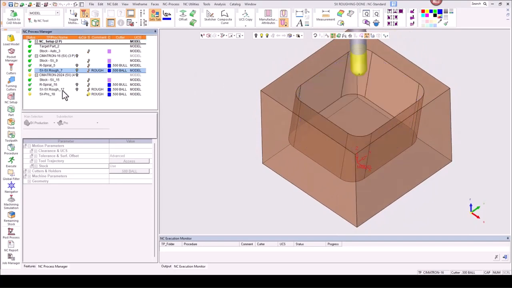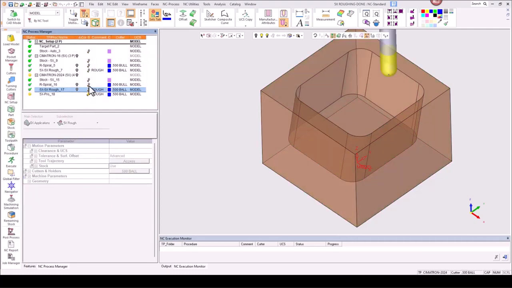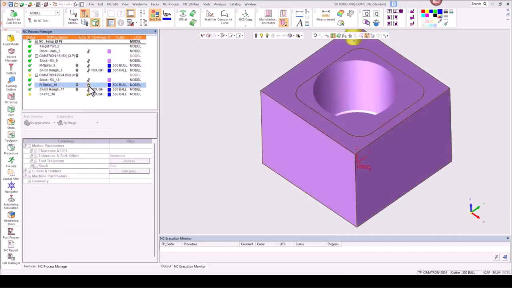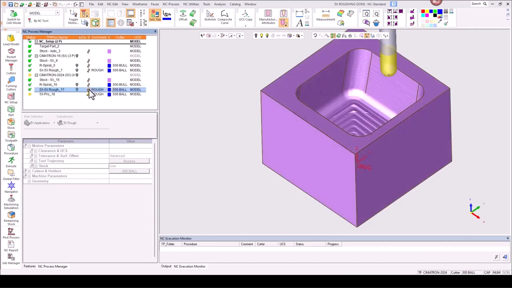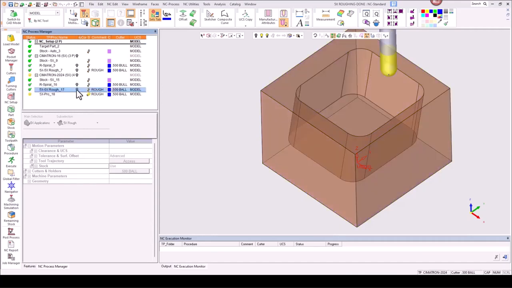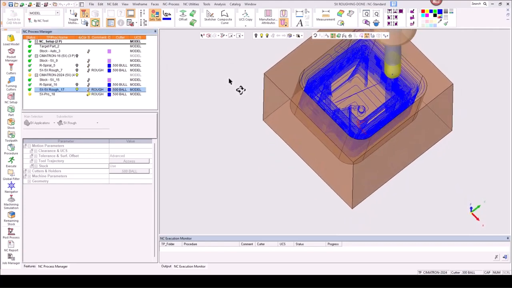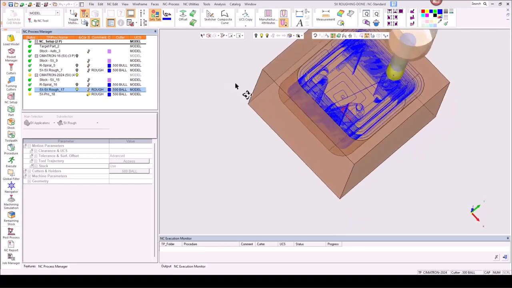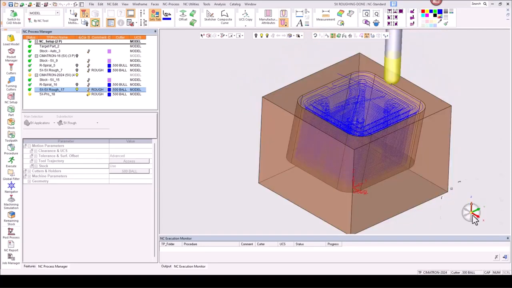Now, in version 2024, we programmed this identical change. Down under stock here, we switch this to use, and we get a very different result. So here's our previous stock again, but this time we get a proper update with the toolpath, and it actually recognizes that that material was gone, and you can see that it doesn't machine all of the area in the middle. So if we do a side view here,